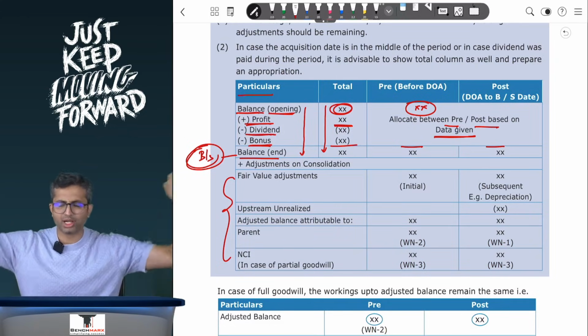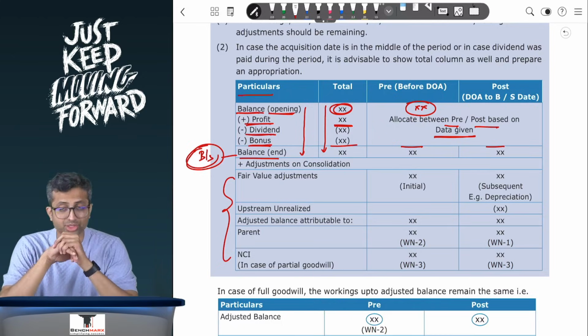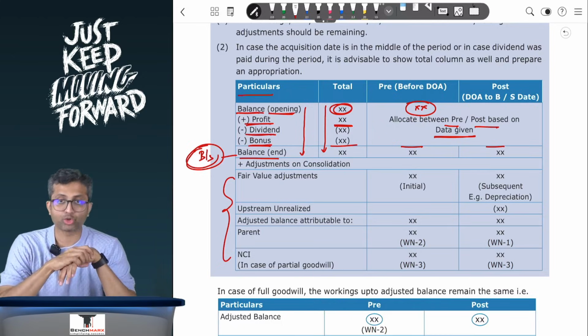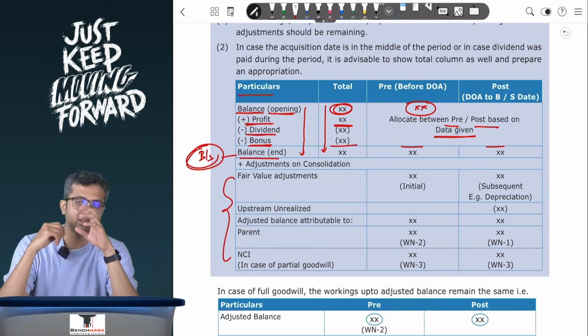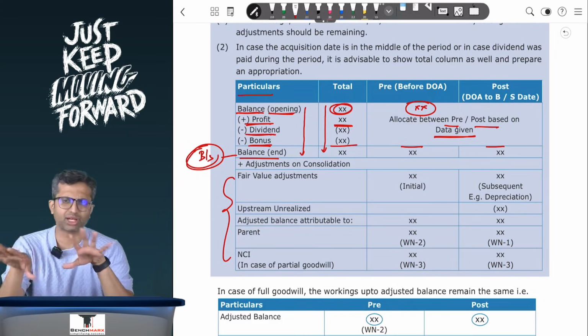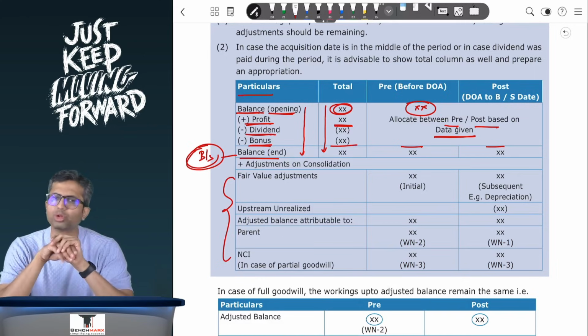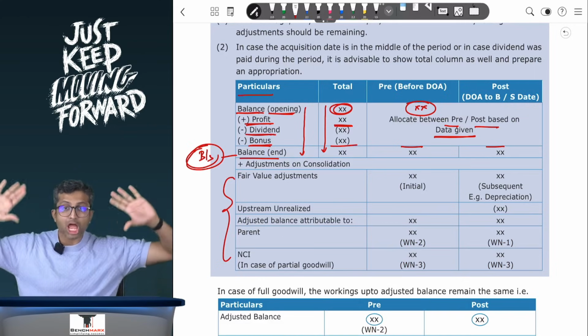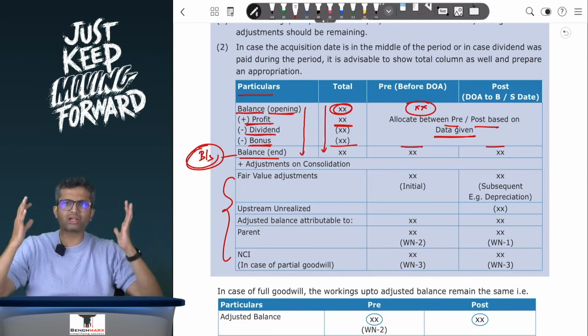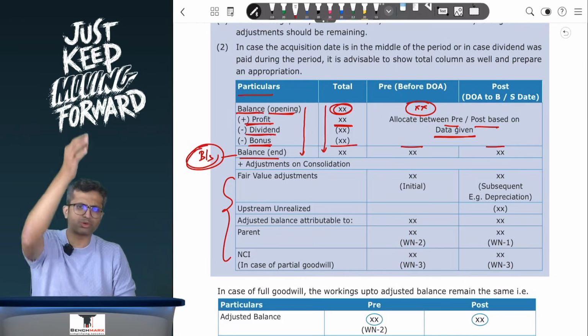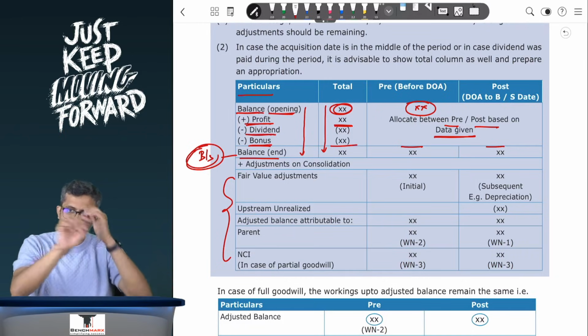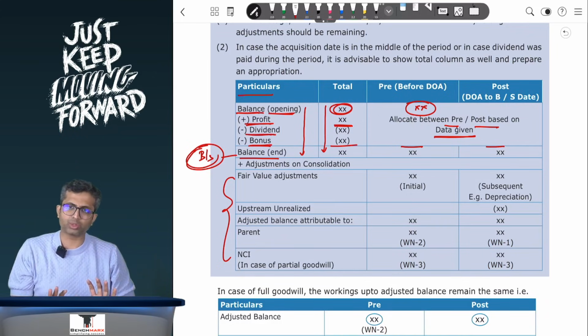After which you will again try to balance and post everything. So let us say approximately half of the time over here goes in making a format, and the more you practice, and whatever LDR questions that we are going to do, apart from a few other questions as well, if you practice a few on pen and paper and you get the process right, where you know that, well, I have to apply my mind at a very limited place, because initially I've just prepared a Schedule 3 balance sheet, then I've just copied the assets and liabilities which are there in the question, share capital of the parent,